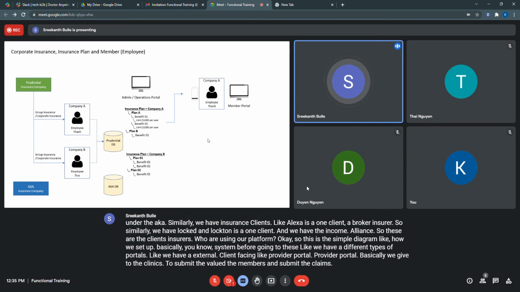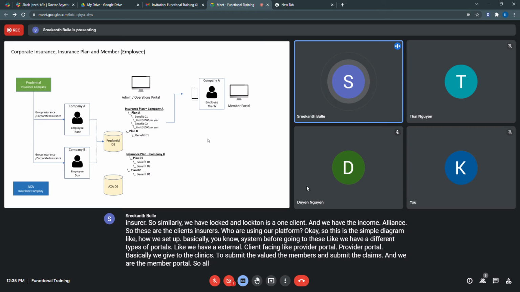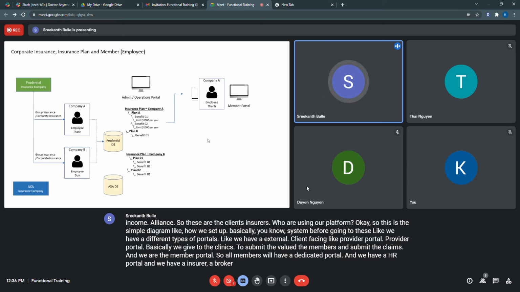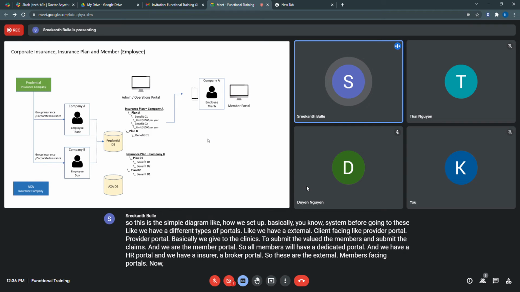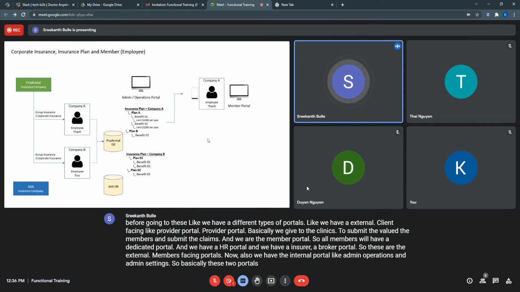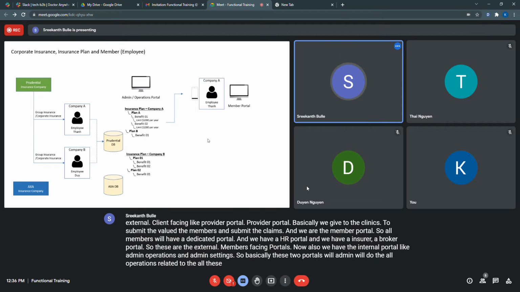And we have the member portal, so all members will have a dedicated portal, and we have an HR portal, and we have an insurer or broker portal. So these are the external, member facing portals. Also we have the internal portals like admin operations and admin settings. So basically with these two portals, admin will do all the operations related to all these programs.